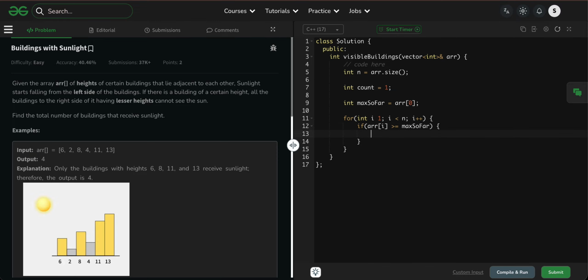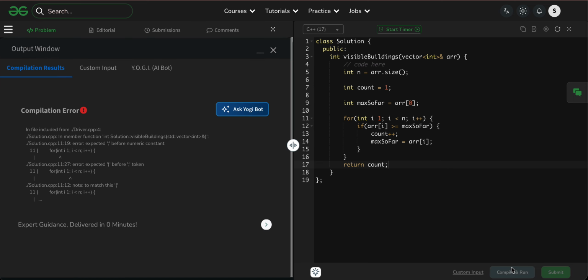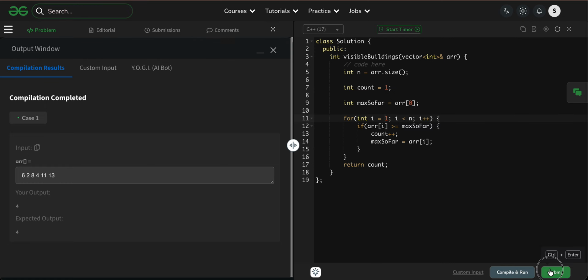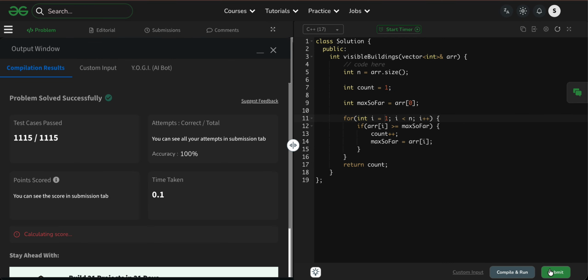Now count plus plus, now max so far is equal to array of i, and return count, got it? Now there is an error, int i is equal to, that is my bad. Now it will pass, and you can see